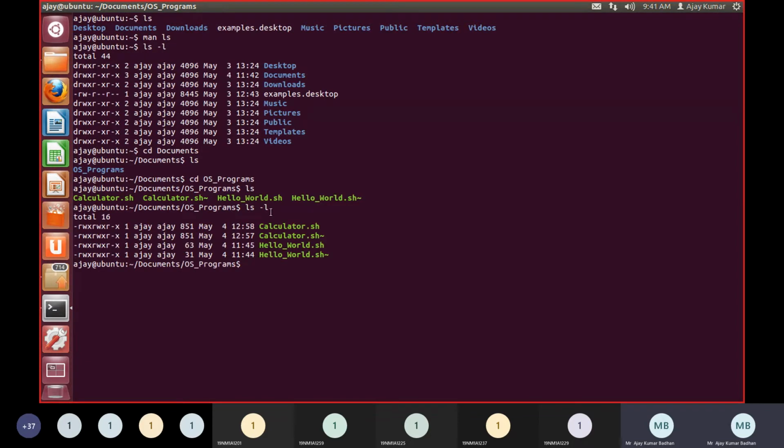So if you can see in this, there are a lot of variations. It is providing you other information also, like how many characters are present. If you see here, the first one, since it is not a directory, this is a file like .c, this is .sh, this is a file. So there is a hyphen here, which means it is not a directory, it is a file.